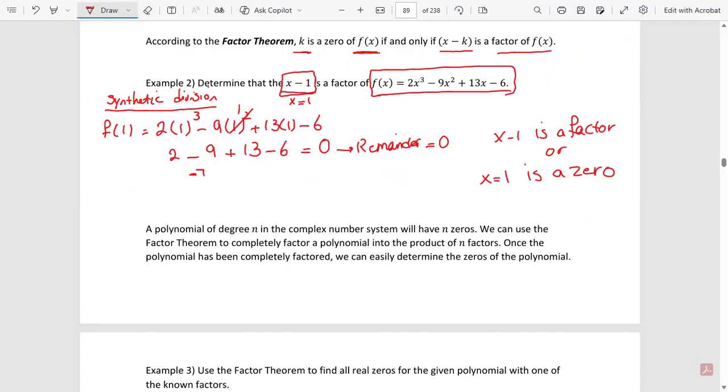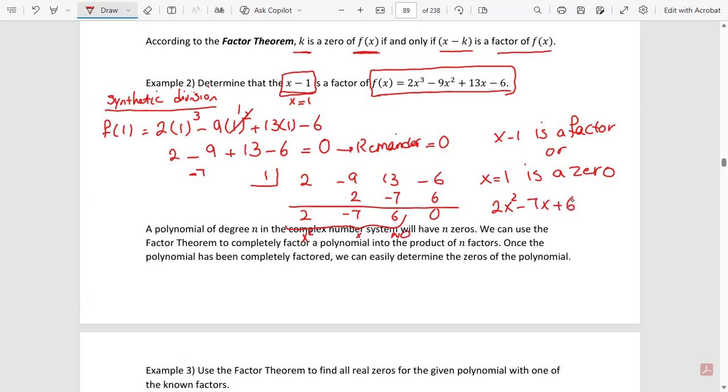So let me do the synthetic division right now. I put 1 into the box, 2, -9, 13, and -6. And then bring down 2, 2 times 1, -7 times 1, 6 times 1, and then 0. And these 3 give me the quotient: 2x squared minus 7x plus 6, which means this is another factor